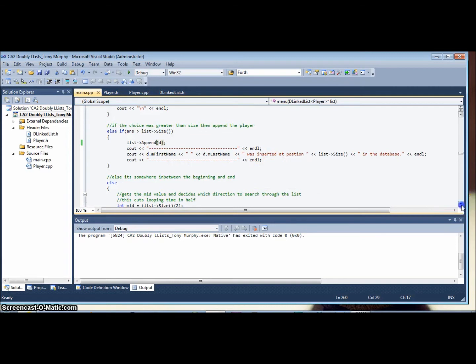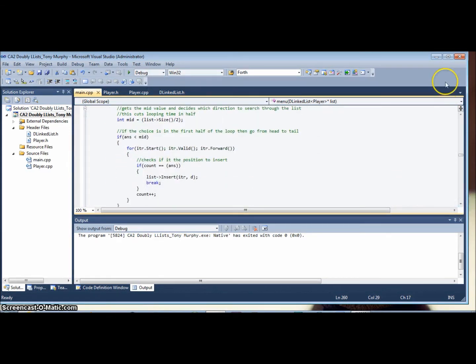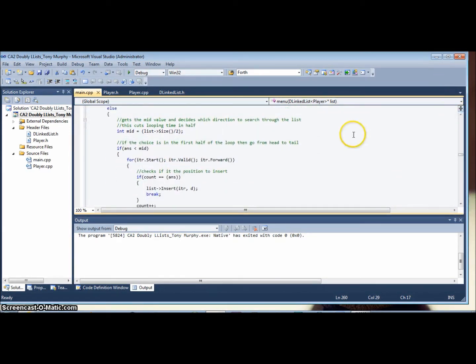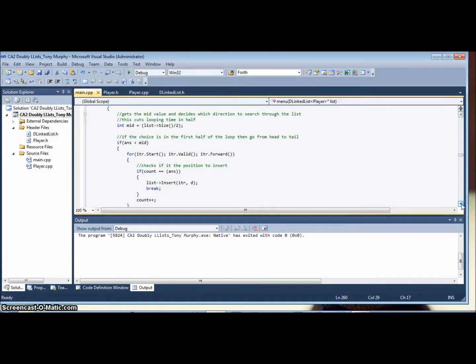Now he's got a clever little feature here, which I was very impressed by. He's declared an integer called mid, which is the size of the list divided by 2. So it means that when it loops through the list, it kind of splits the list in 2, making it easier for the iterator to put the data inside the node in the correct position. So it's quite good,